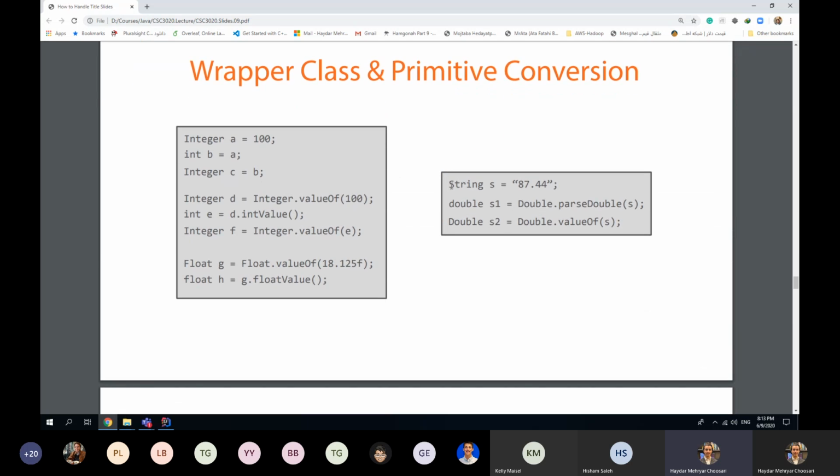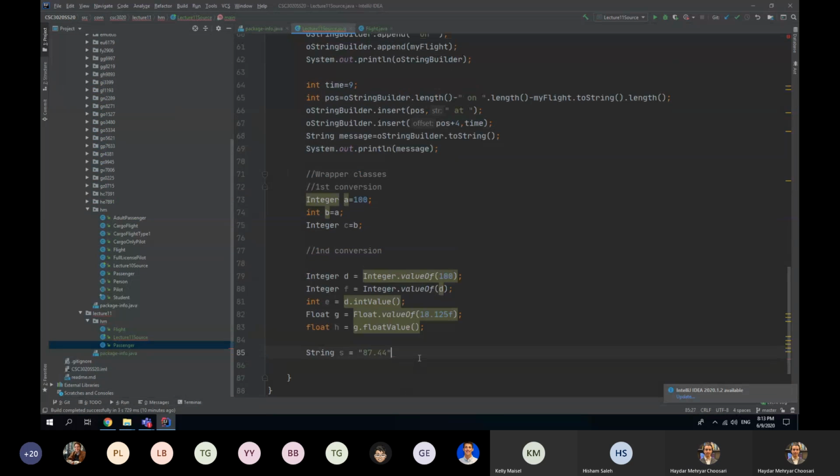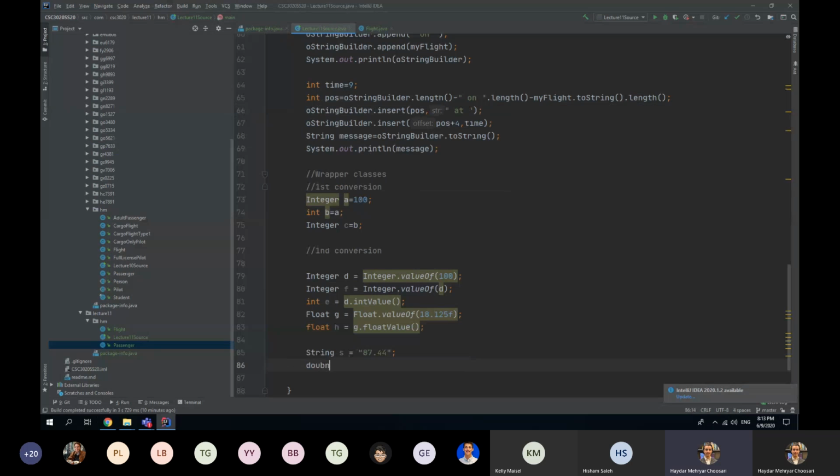Suppose that we have a string, and the value of the string is like 87.44. And suppose that we want to change this string to a double primitive. So for changing this string to a double primitive, we can use S1, for example, S1. And